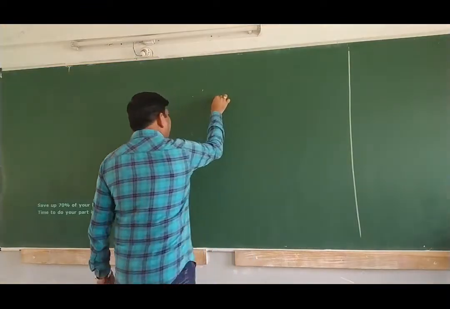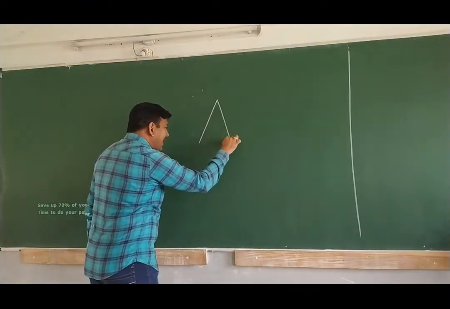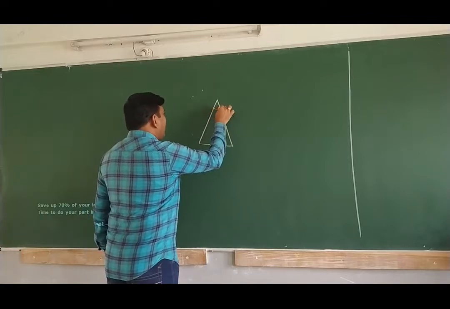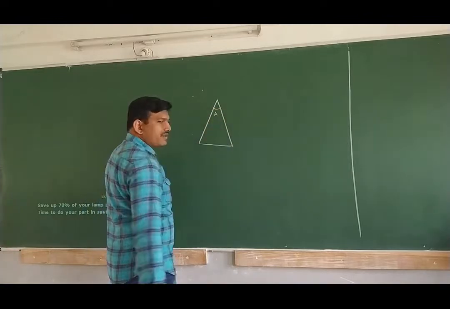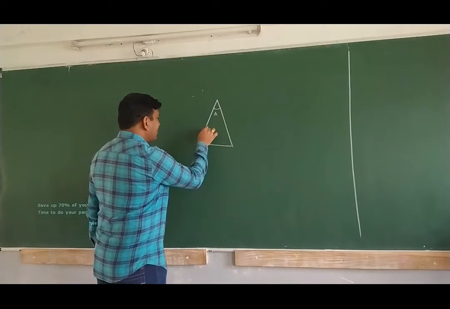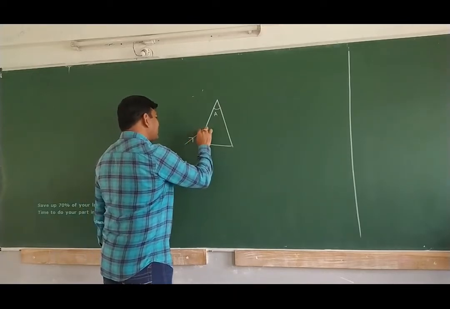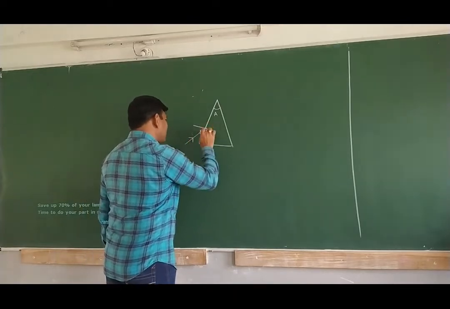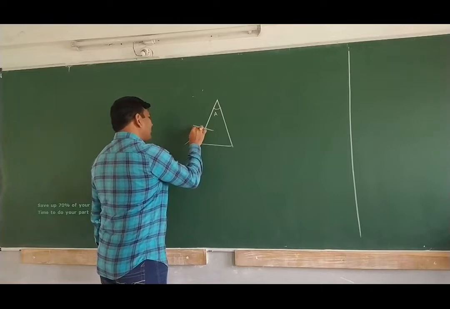There is a small angle prism. A prism whose angle is less than or equal to 7 degrees is said to be a small angle prism. A light ray is incident like this at some angle of incidence. Let us consider this is the normal line. This is the angle of incidence.